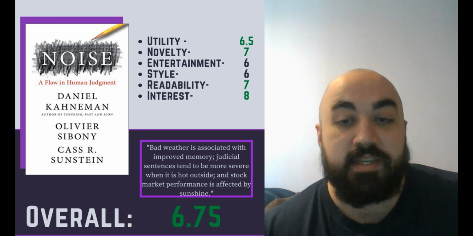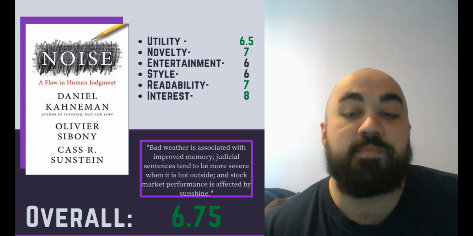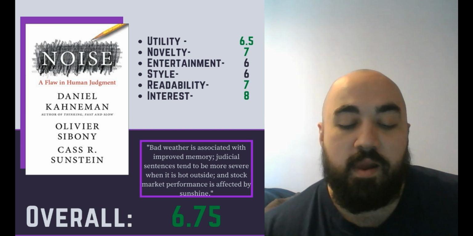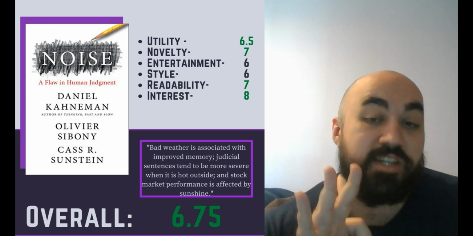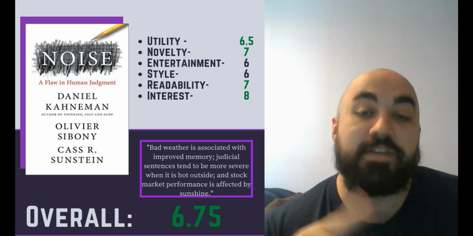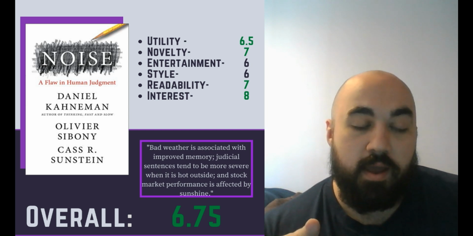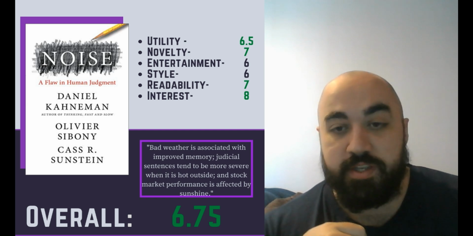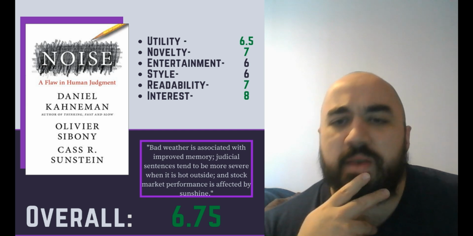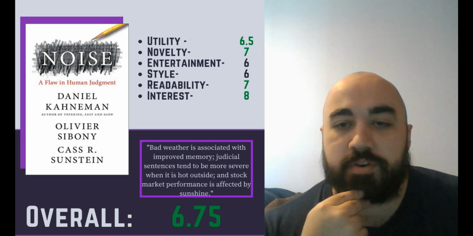Another way to address it is by having multiple experts make an evaluation of the thing. So, for example, if you took 3 judges and averaged their scores in terms of how long they think the sentence should be, that would also reduce noise. I think with judging specifically, it's also important to note that